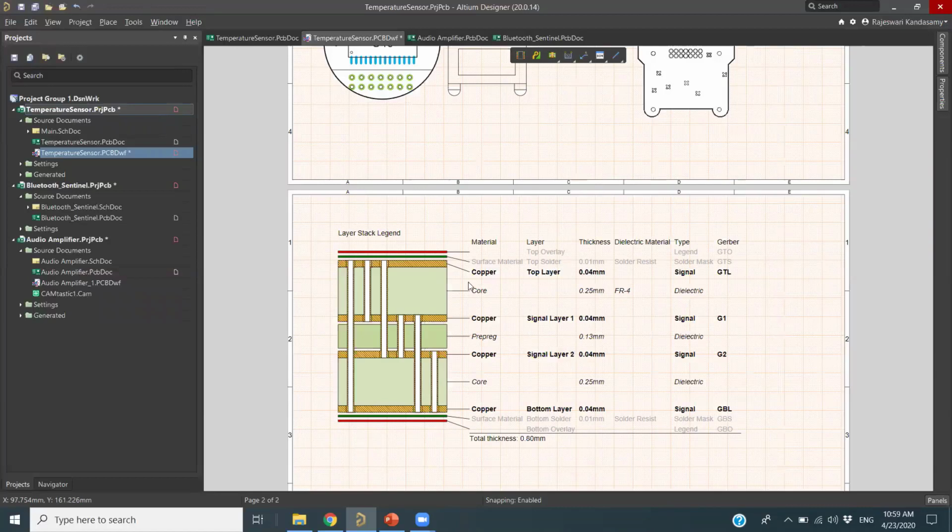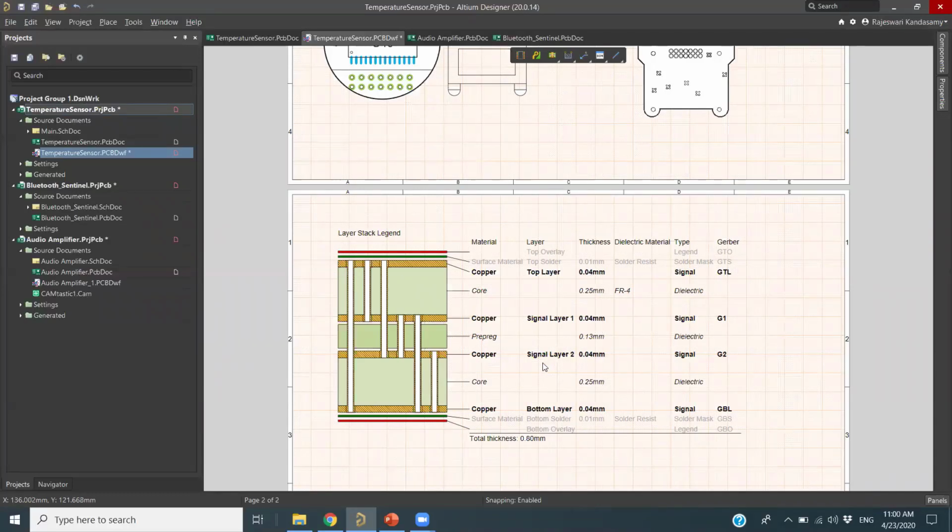Okay, you will be able to see here the layer information, the thickness of the layer and the board thickness. So here you can see the board thickness is 0.8 mm. Okay, so now I want to see the dual unit. Like if my board is in mils, I don't know how to calculate it. So I want it in terms of mils.